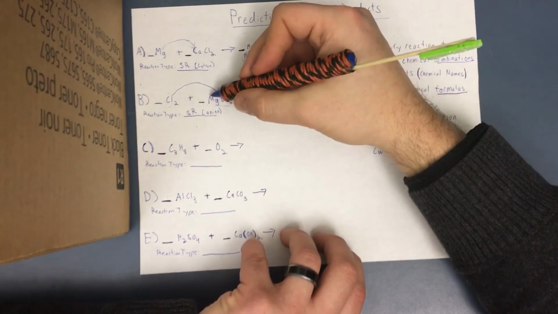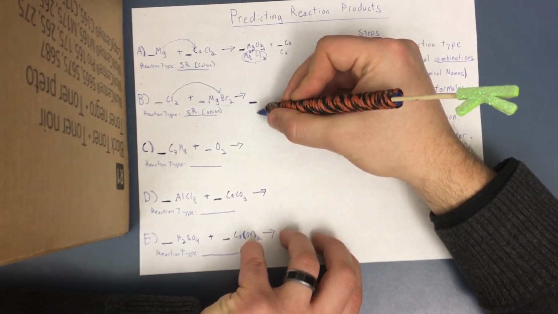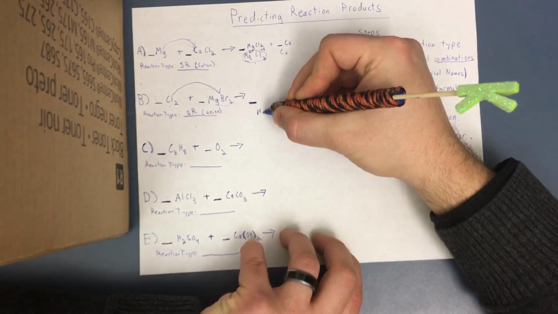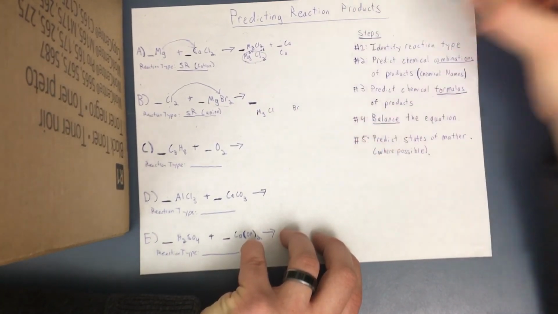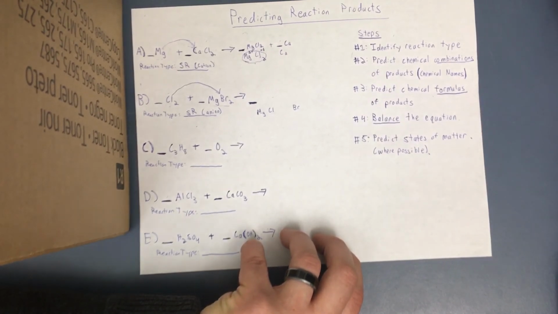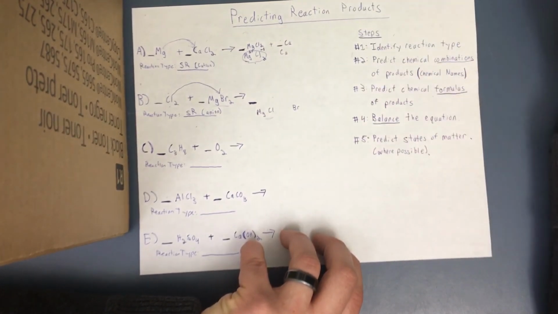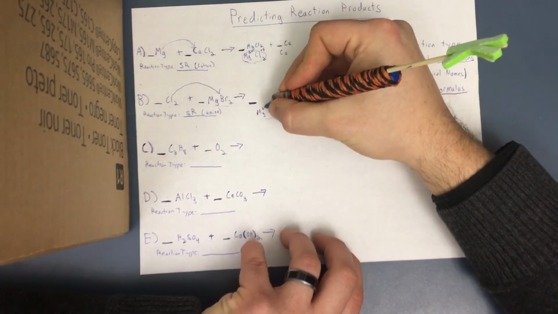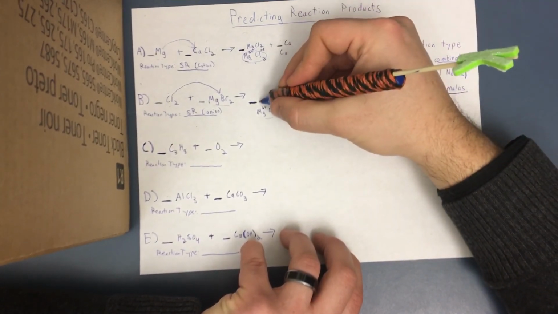We then know that since chlorine's coming and kicking out bromine, our products will be magnesium combined with chlorine and then bromine by itself. So taking a look at this, we need to predict what the chemical formula of this is going to be. So again, magnesium has a 2+ charge, chlorine has a 1-. So our formula would be